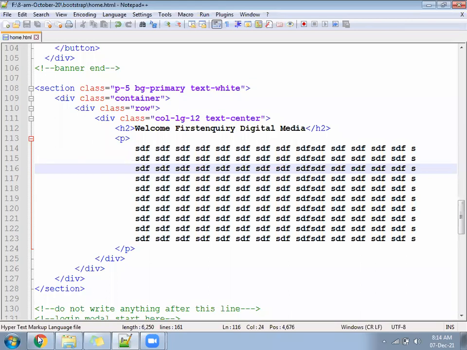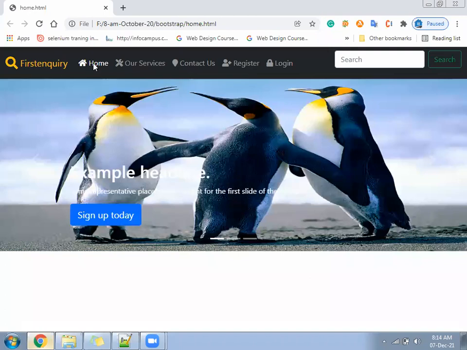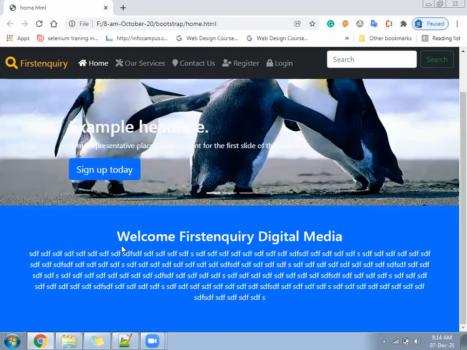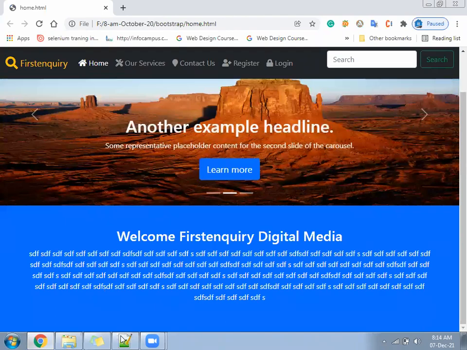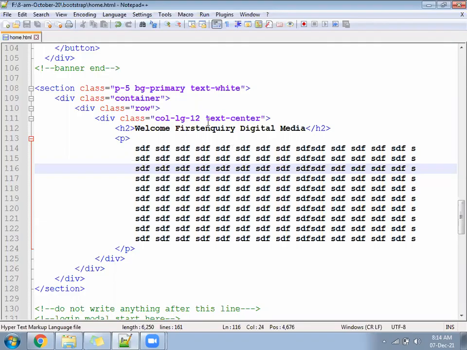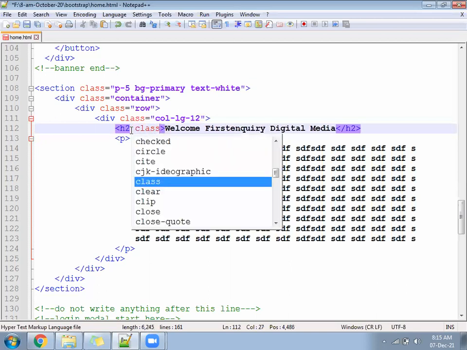Okay, let's come to the browser. See how that looks. It should look like this. First Query Digital Media. Instead of text, what you do is for the H2 you write class text-center.